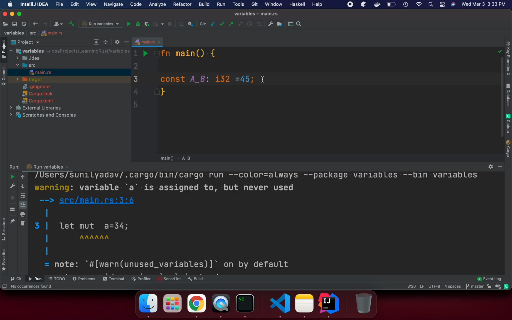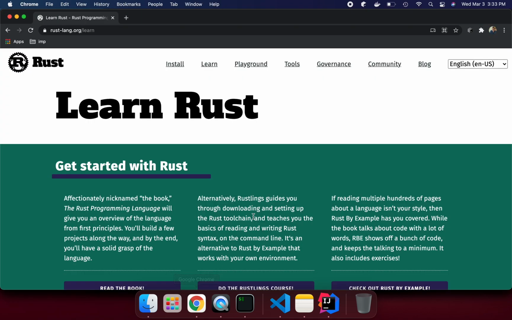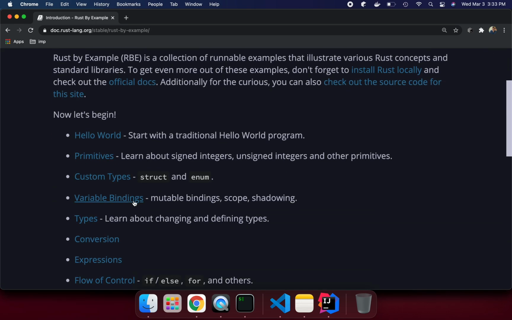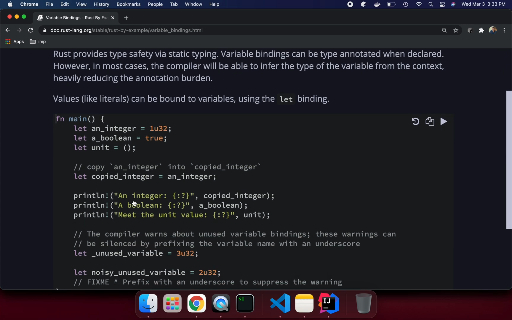A constant is like a global, and the benefit of a constant is that it is inlined at compile time. It's very helpful. Suppose I wanted to make this variable available outside of the method, we can put it outside and access it across any other method, so a constant will be useful. These are the things I wanted to cover in this lecture: how we can define variable bindings and how we can use variables.